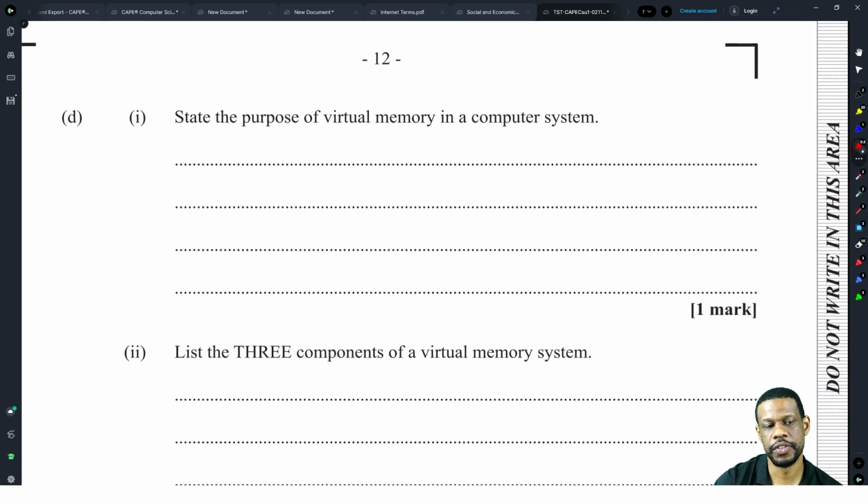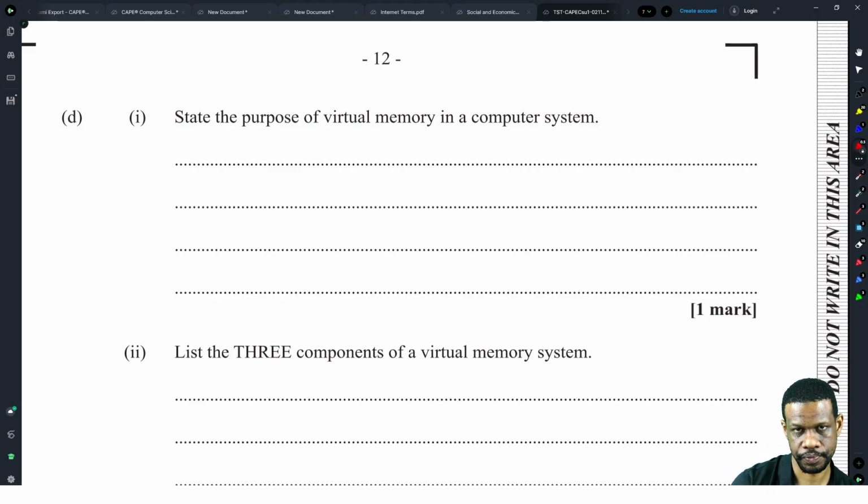State the purpose of virtual memory in a computer system. Well, I promise you 100% this is not supposed to be on the Unit 1 syllabus. I heard from reliable sources inside the CXC machine that they didn't mark this question. They didn't give marks for it. So this is only for Unit 2 children. But you know,